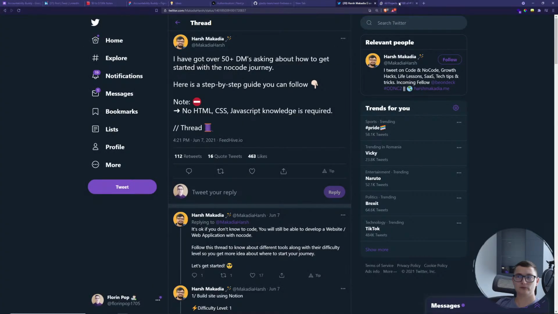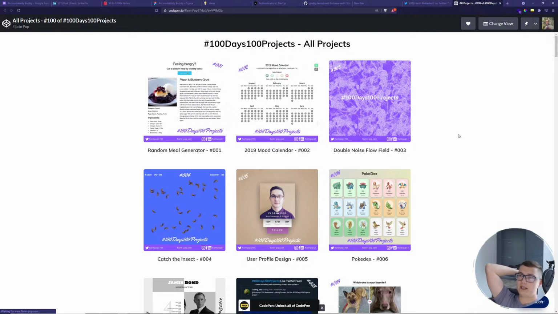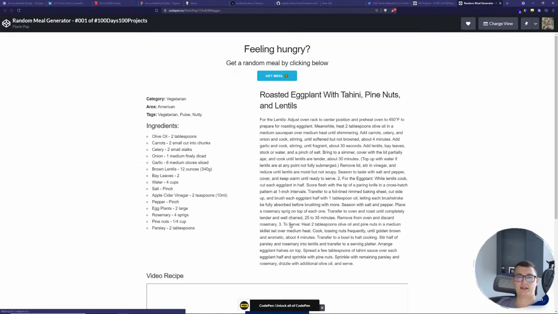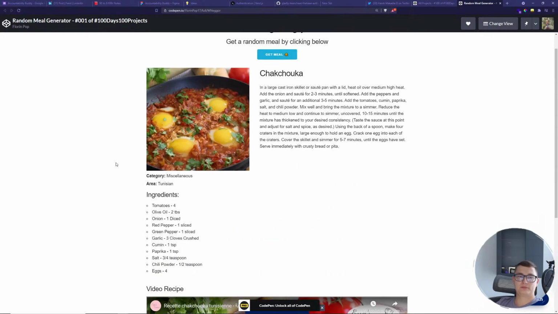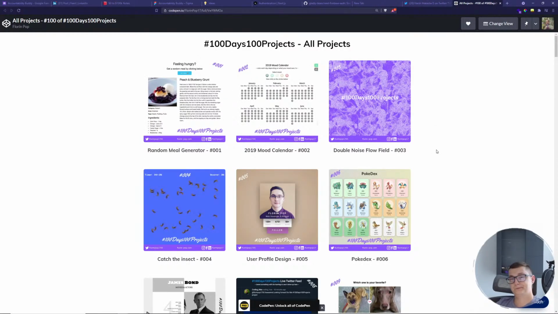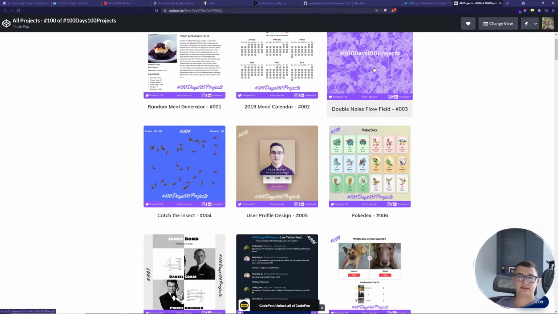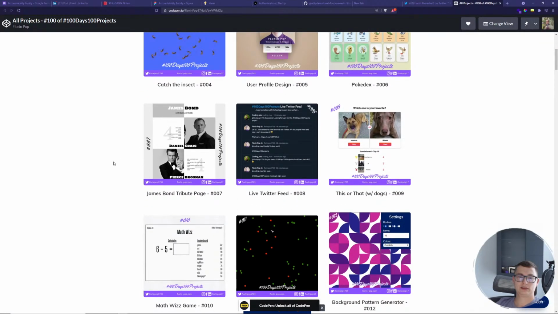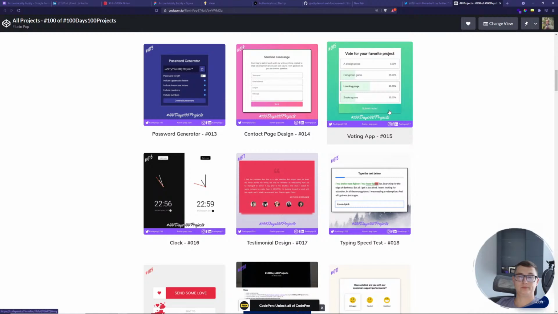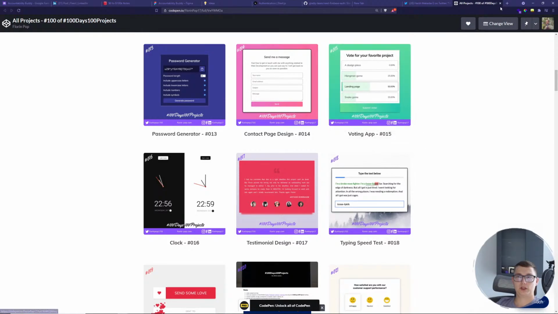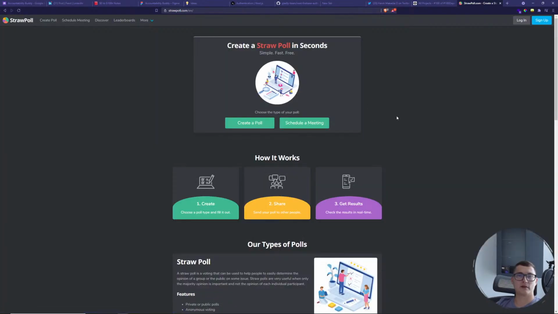Let's go to this. This has all the projects. API generated from SQL tables. Right, random meal generator. This is a good project, as you can get a meal when you're hungry. But I guess this is so easy, a lot of people can do it. Patterns, again, Twitter bot, kind of a voting app. This might sound nice. We already have Strawpoll for a voting app, so